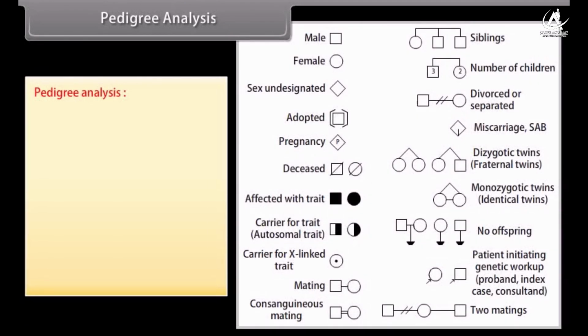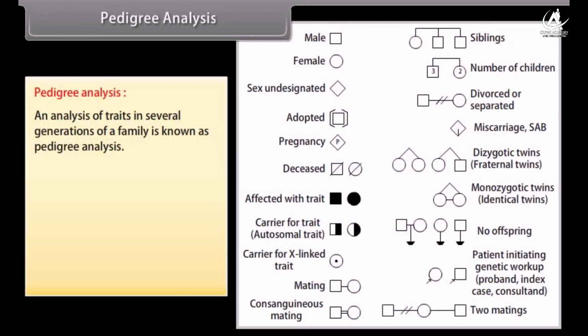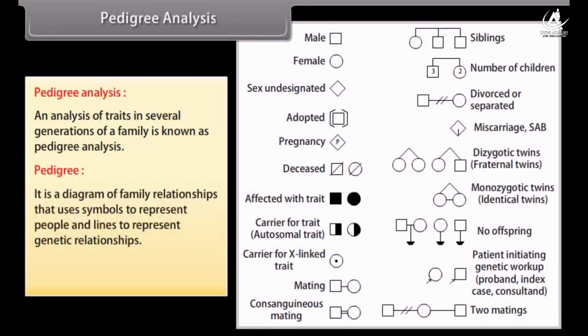Pedigree analysis. An analysis of traits in several generations of a family is known as pedigree analysis. A pedigree is a diagram of family relationships that uses symbols to represent people and lines to represent genetic relationships. Some basic symbols used in a pedigree are